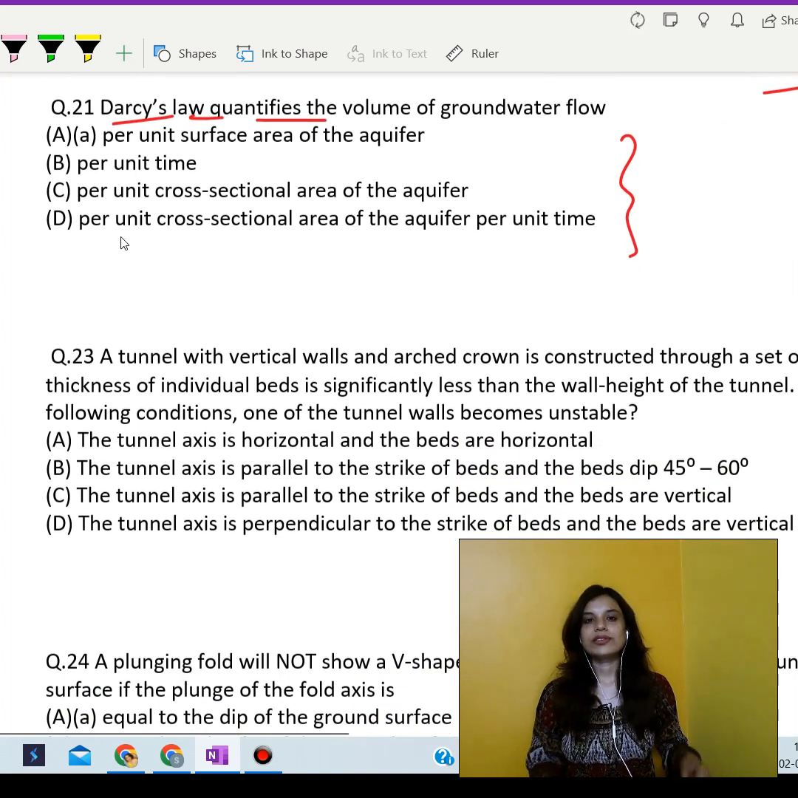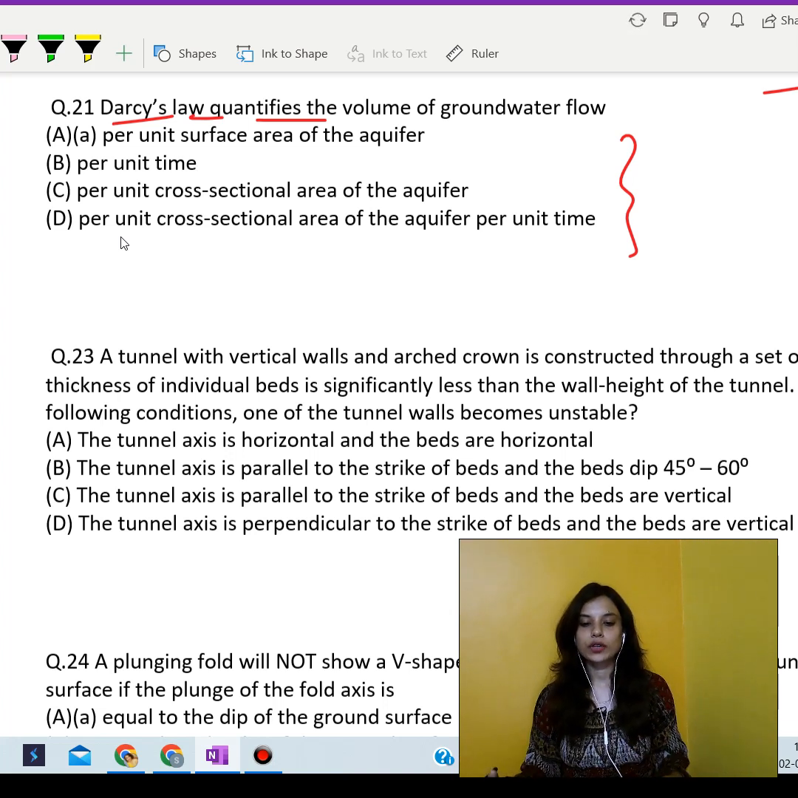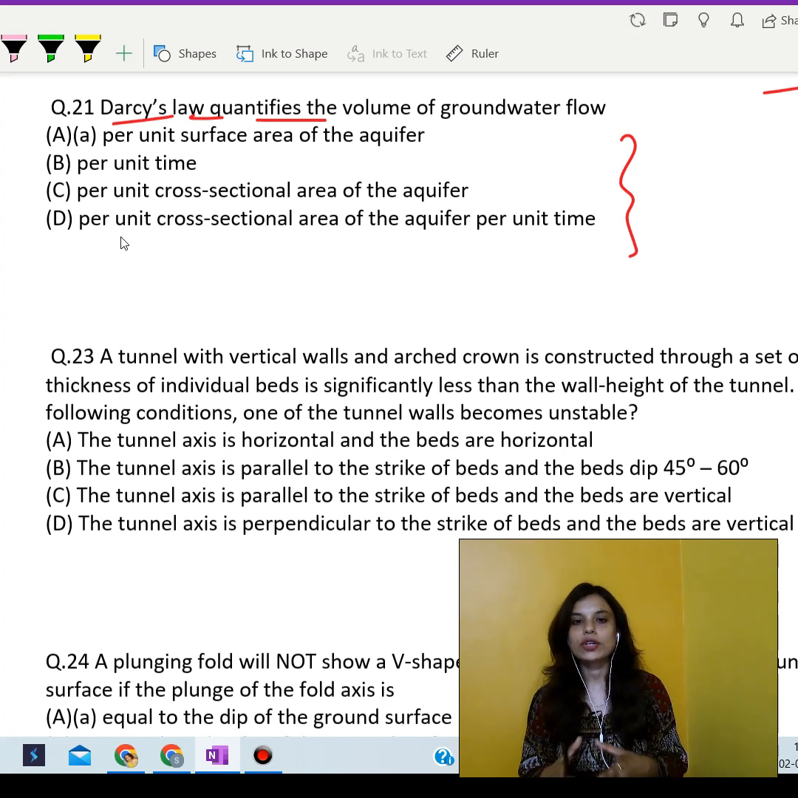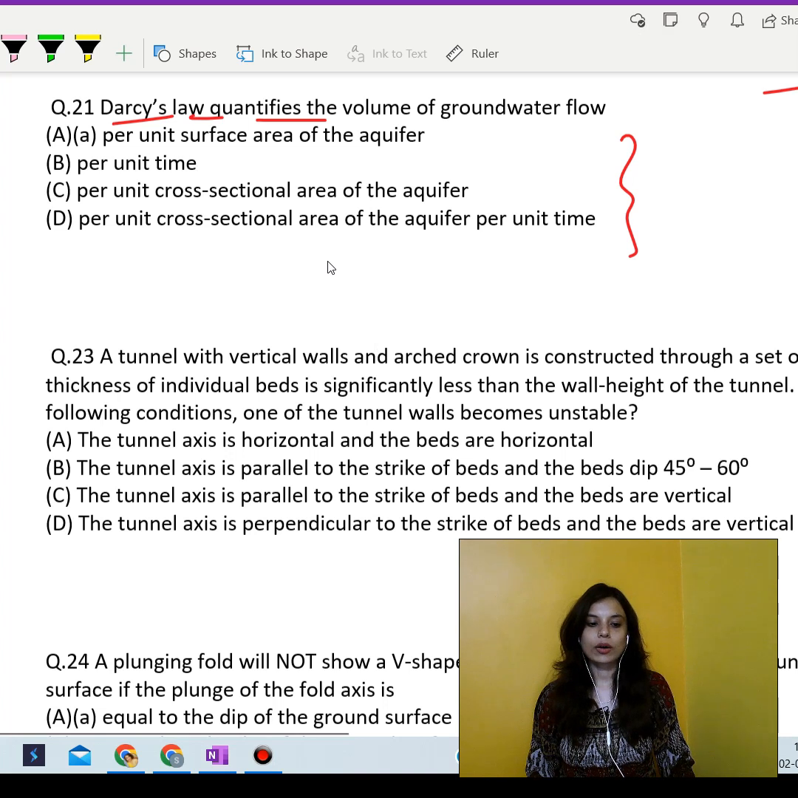Darcy's law is a fundamental principle in hydrogeology that governs the movement of groundwater through porous media. It relates the rate of flow of groundwater to the hydraulic gradient and the hydraulic conductivity of the aquifer material and the cross-sectional area through which the groundwater flows. Okay, so mathematically, Darcy's law is expressed as Q is equal to